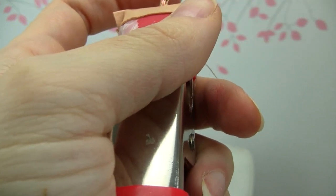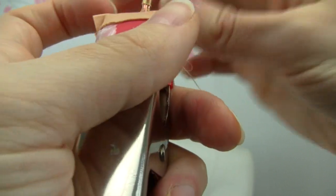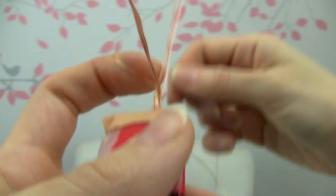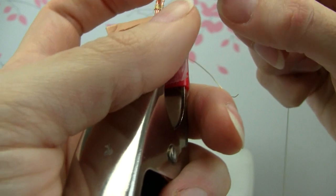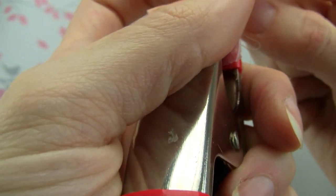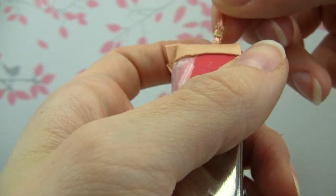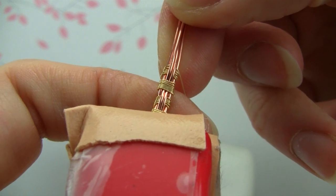So now the same thing again. Grab your 2 middle wires, pull them forward. I'm going to do the 5 loops. 2, 3, 4, 5, and then bring these back. I'm just going to keep going with this for a little bit until I have long